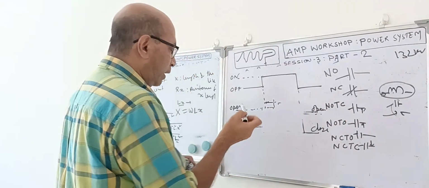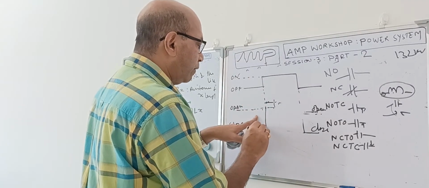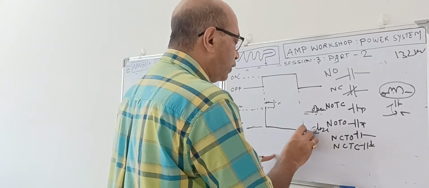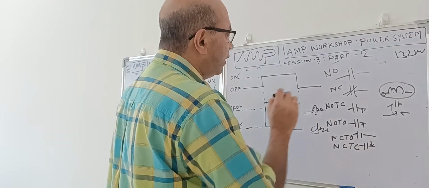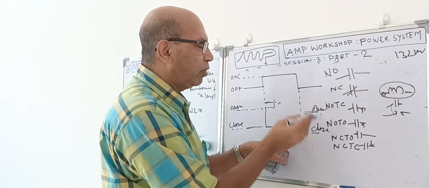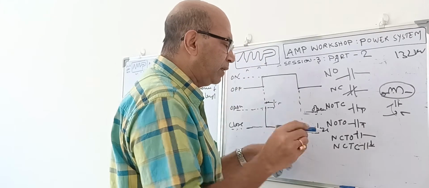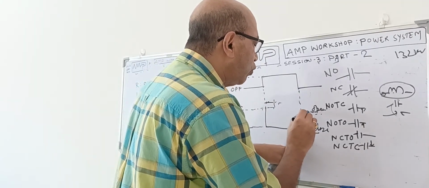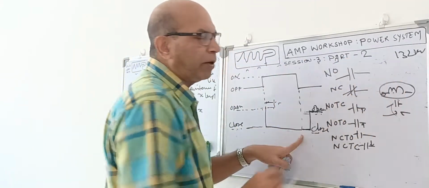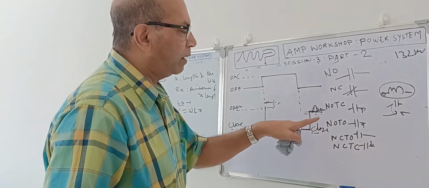What is that? Suppose this is a normally open contact. The moment power supply comes, immediately it will go to the closed position. Okay. And then it will maintain the closed position. But when it becomes open again, it will not go instantly. At this instant, power goes off. The coil is de-energized, but the contact will not come back to the open position immediately. It will take some time, depending on how much delay you are giving. If you give a 10-second delay, after 10 seconds only it will go to the open position. So it will maintain its closed position even after switching off the power to the coil. That is called normally open, time delay open. Okay, it is getting open after some time delay.